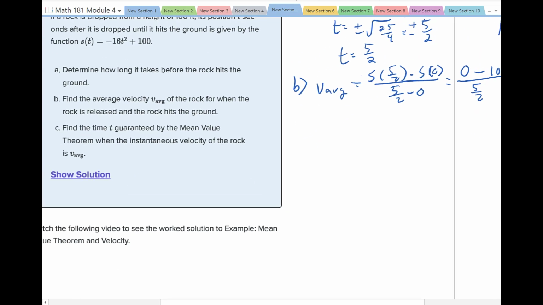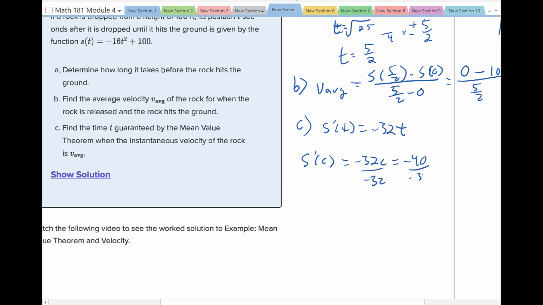Now part C says we're going to find the time at which the instantaneous velocity is equal to the average velocity. So that means we're looking for the derivative. So our s prime of t is negative 32t. So s prime of c, as the book uses, would be negative 32 times c, and that needs to equal negative 40. So dividing both sides by negative 32, c equals negative 40 over negative 32, that's 5/4. So that's going to be 1.25